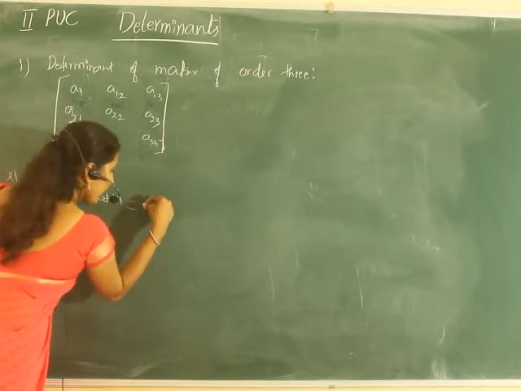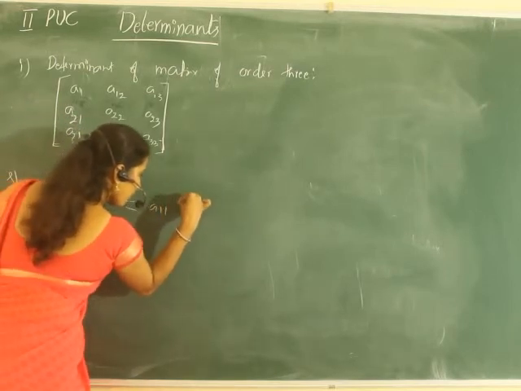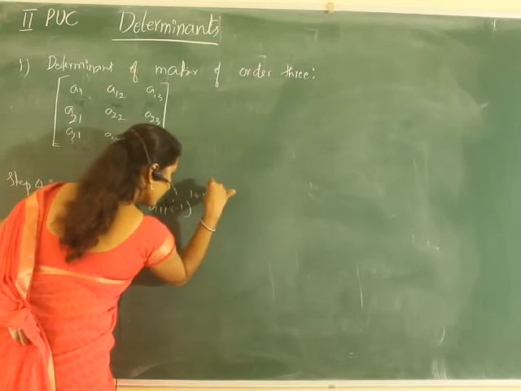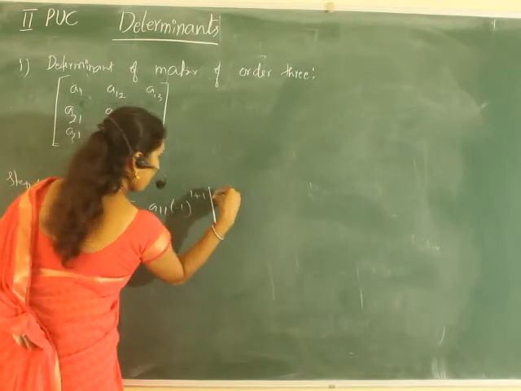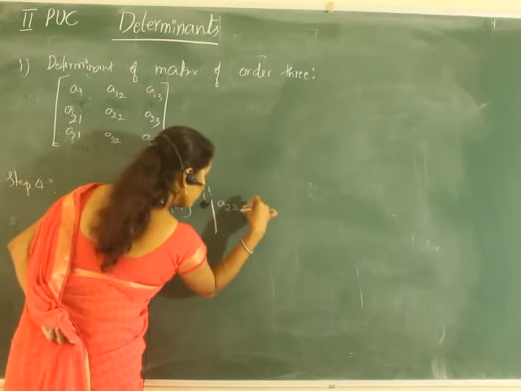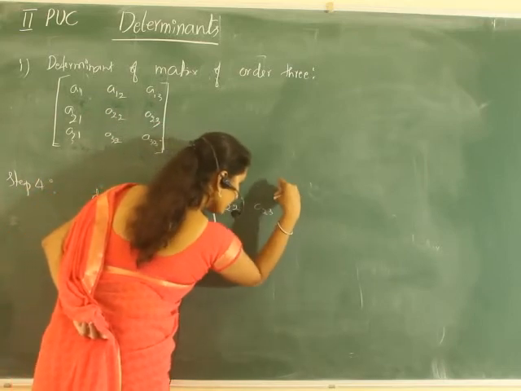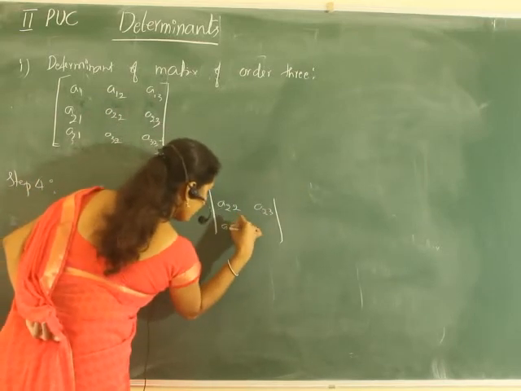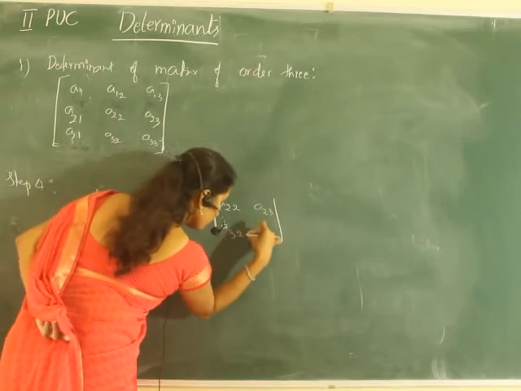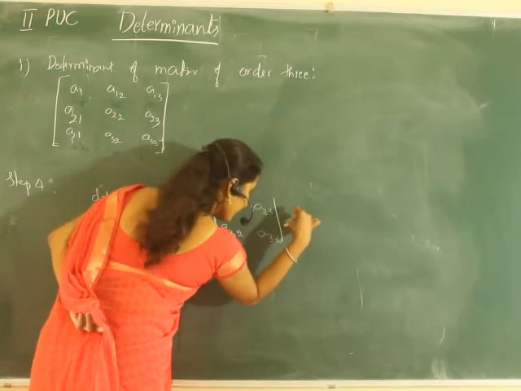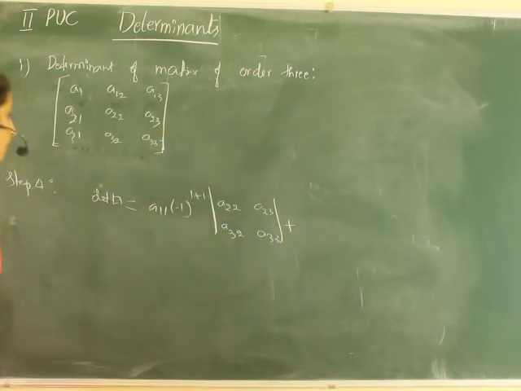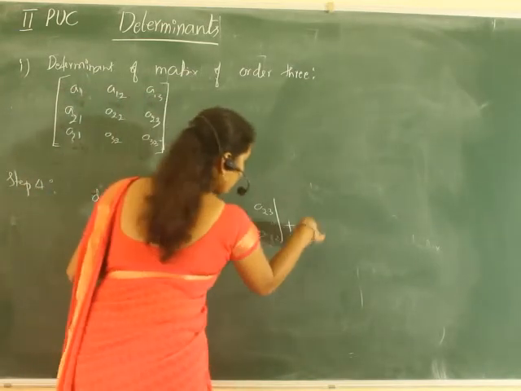That means A11 into minus 1 to the power 1 plus 1 into the determinant A22, A23, A32, A33, plus next one, A12